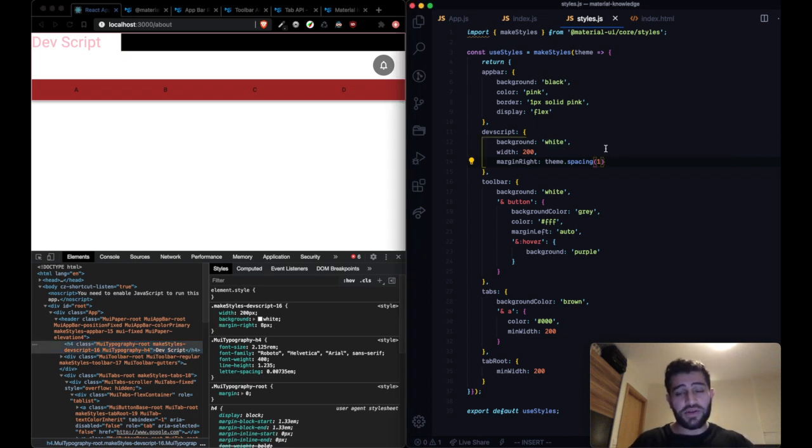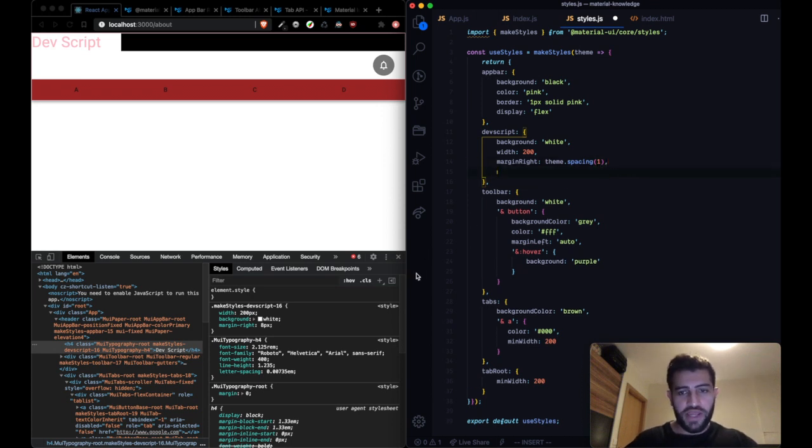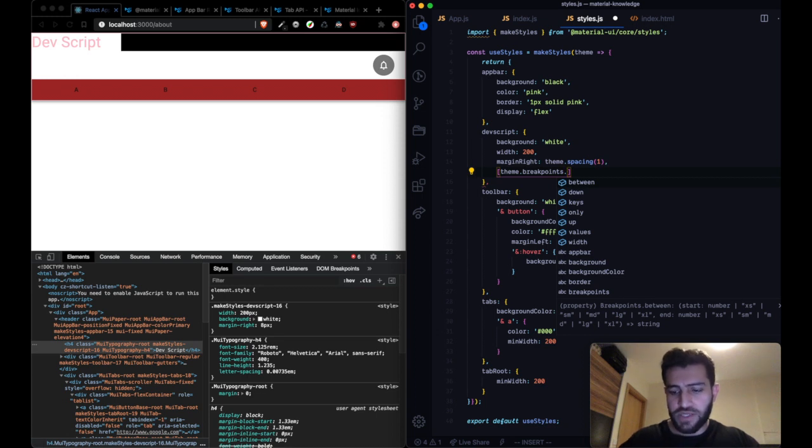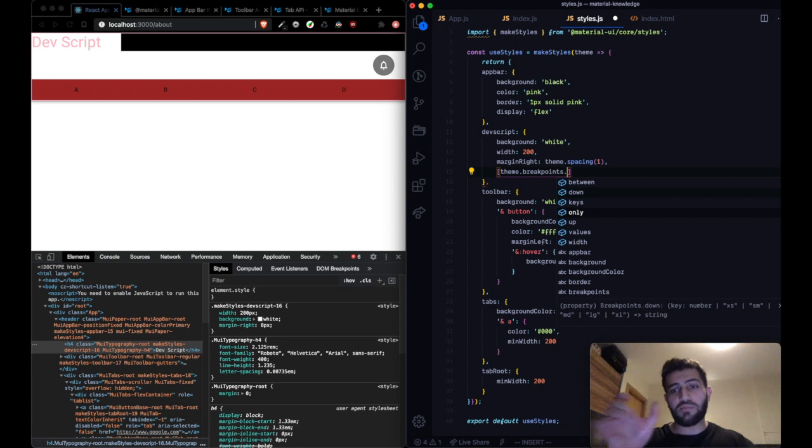I could do some other things as well. For example, I could use the breakpoint. To use the breakpoint, this is what you do. Theme.breakpoints. It has these different functions, and I suggest you read about that as well if you want to advance your Material UI game. If I want to do a certain thing only when the breakpoint is at a particular point, or when the breakpoint is at a number or below that number,